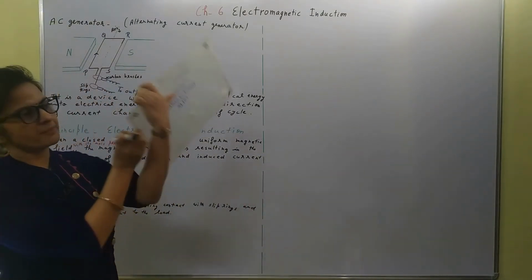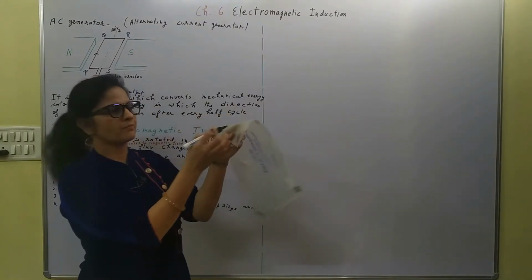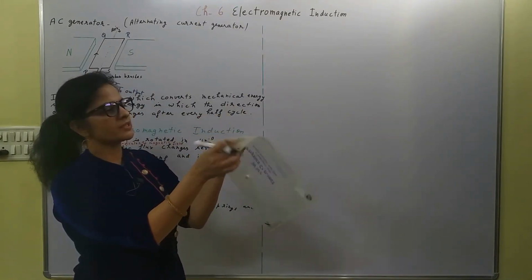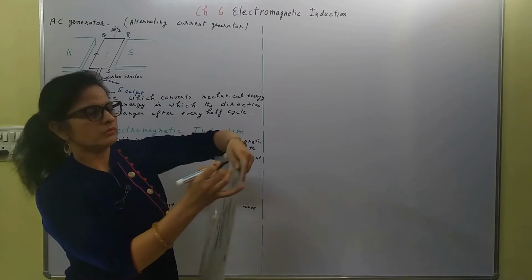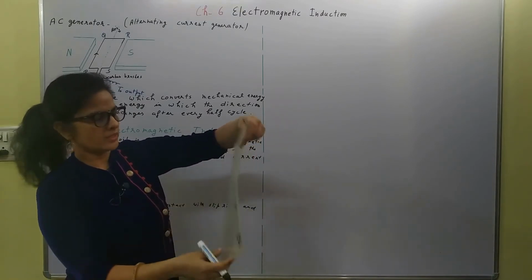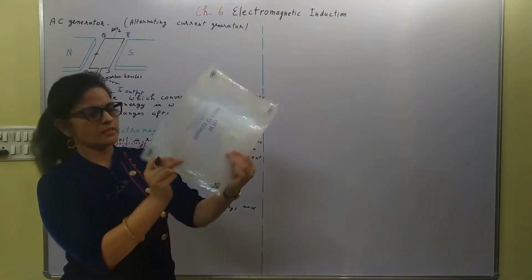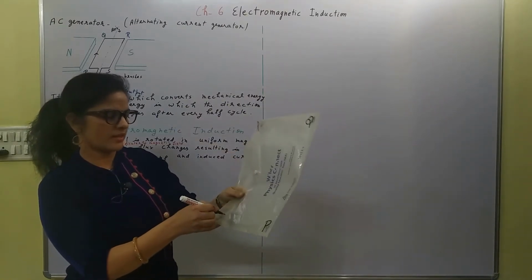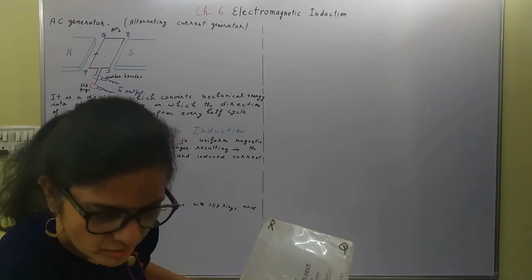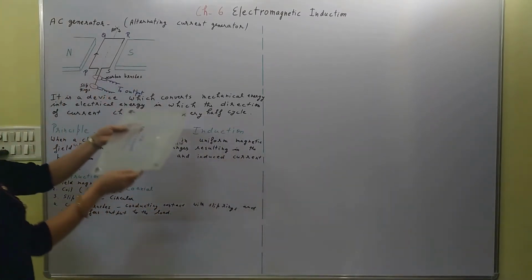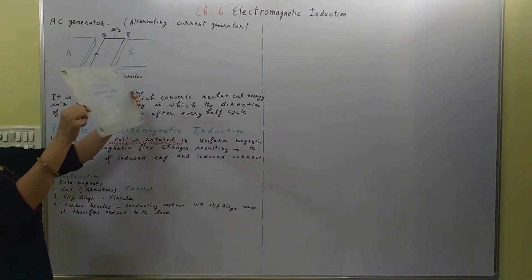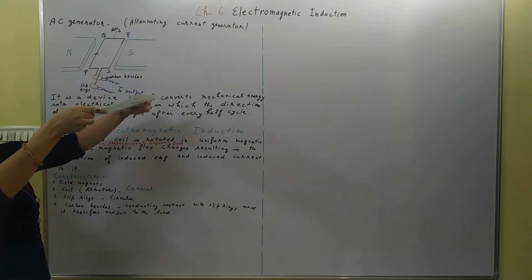So this is the end P, look at this, this is P, this is P, that means this is Q, this is still Q, okay, this is R, and this is S, that means this is S, right? So initially your coil was like this, it moved like this, then due to inertia it comes like this.